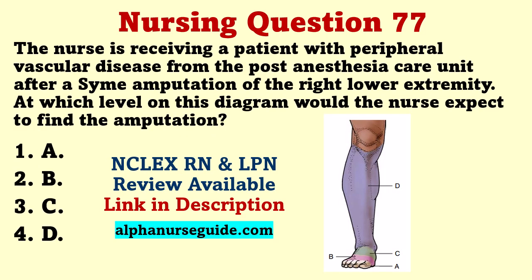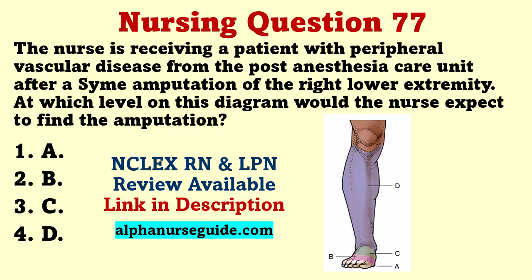The nurse is receiving a patient with peripheral vascular disease from the post-anesthesia care unit after a Syme amputation of the right lower extremity. At which level on this diagram would the nurse expect to find the amputation? 1A, 2B, 3C, 4D. The correct answer is 3C. Rationale. When a patient has a Syme amputation, most of the foot is removed but the ankle remains. Advantages of this surgery over below the knee include that the patient can still be weight-bearing and that there is